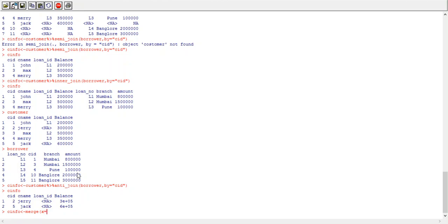Merge x equals customer, y equals borrower, okay, and then all equals NULL. Here to perform cross join, we need to specify all equals NULL.